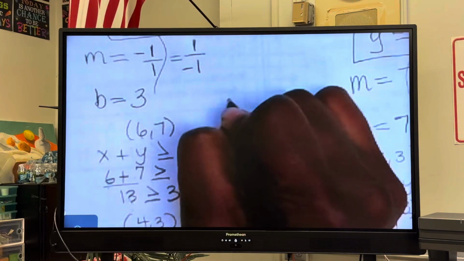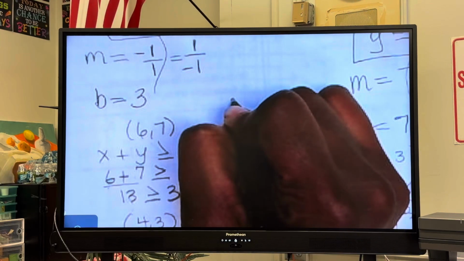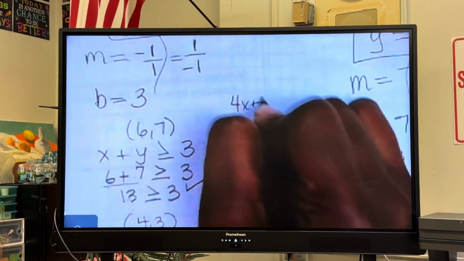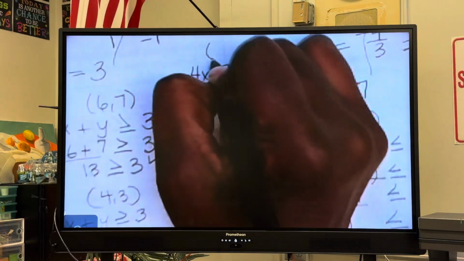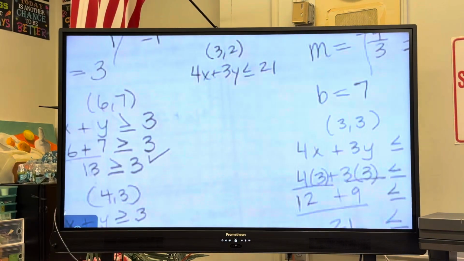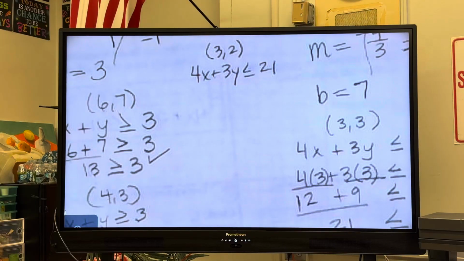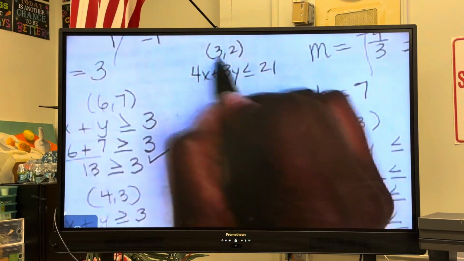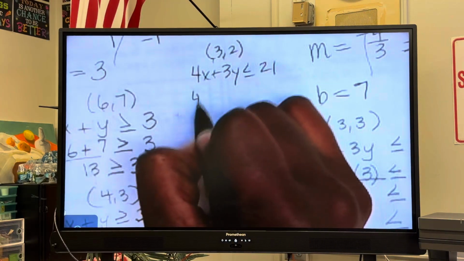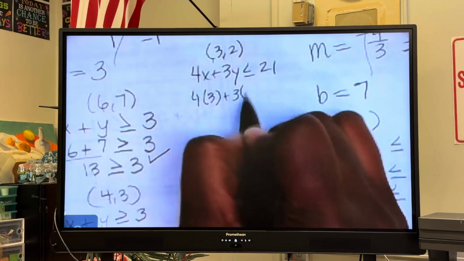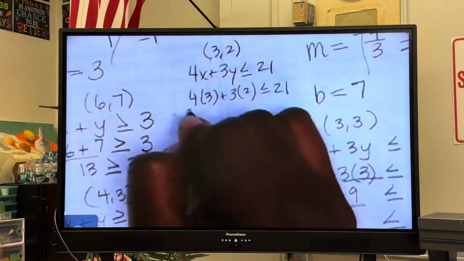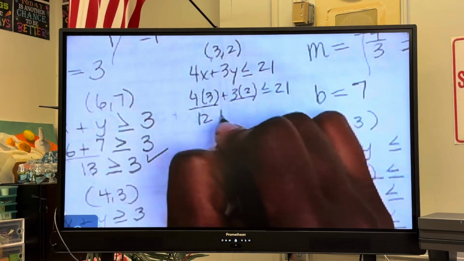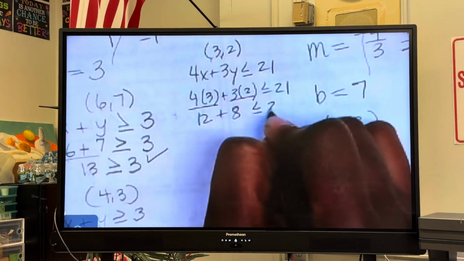So we got 4x plus 3y is less than or equal to 21. And we're going to test the point 3, 2. Right? All right? 3, 2. 4 times 3 plus 3 times 2 is less than or equal to 21. 4 times 3 is 12. 3 times 2 is